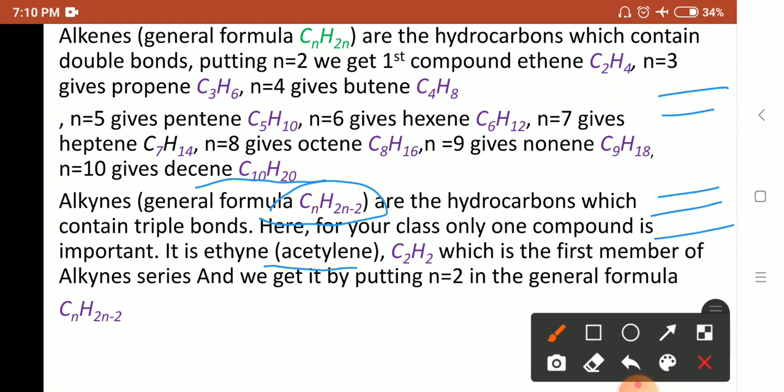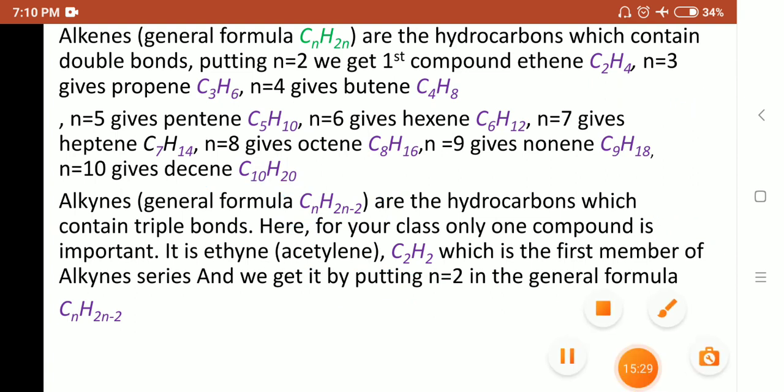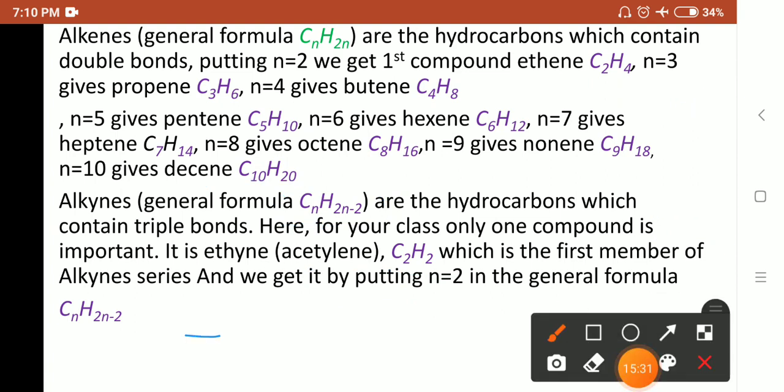So the general formula is CnH2n-2. Putting n equal to 2, the first compound contains 2 carbons, therefore we should put n equal to 2 only. It is C2H(2 into 2 is 4, minus 2) 2, C2H2, which is the first member of the alkyne series, and we get it by putting n equal to 2 in the general formula CnH2n-2. So you remember here, alkanes means single bond, alkenes double bond,